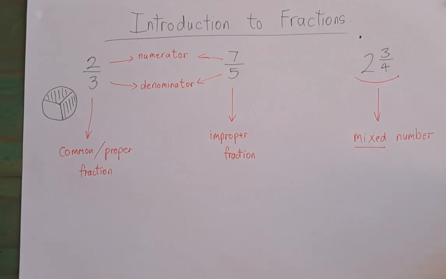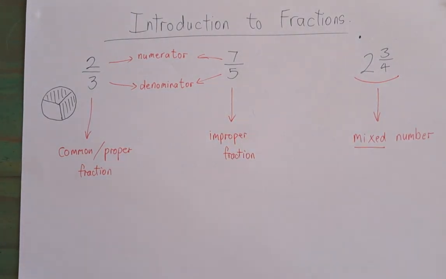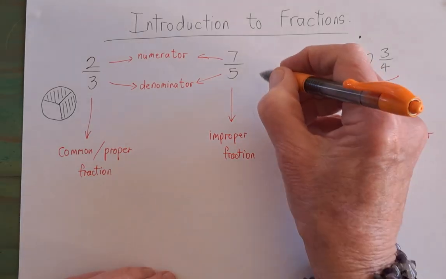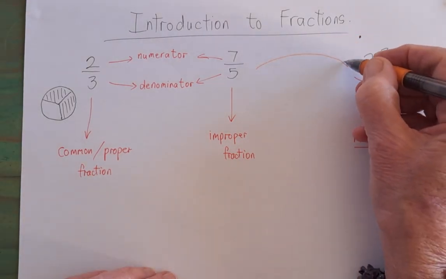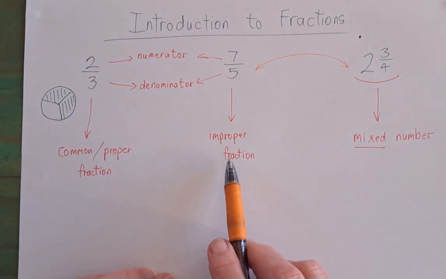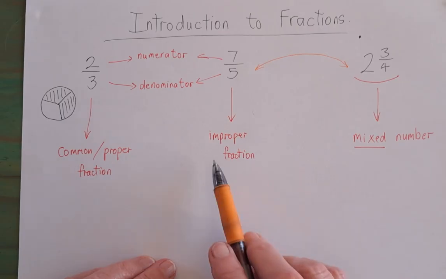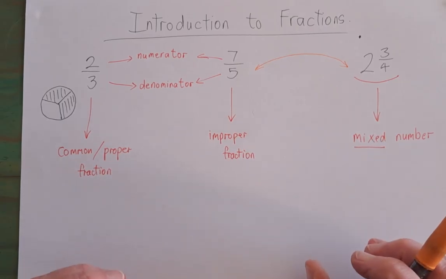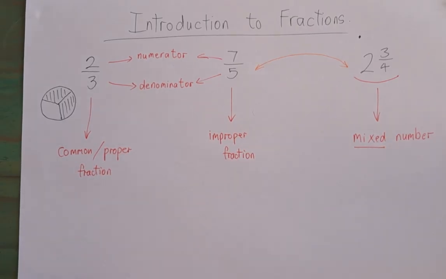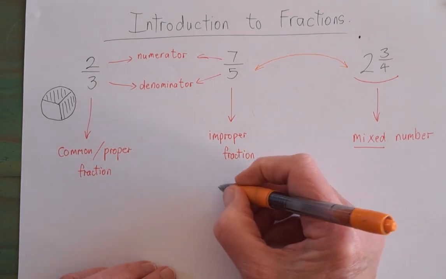Okay, so these two, because they both represent something greater than a whole, can be interchanged with each other. So you could write something as an improper fraction or as a mixed number and have it mean the same thing. They would have the equivalent value, but would just be written in a different form. So let's start with this one. Let's do this one over here,